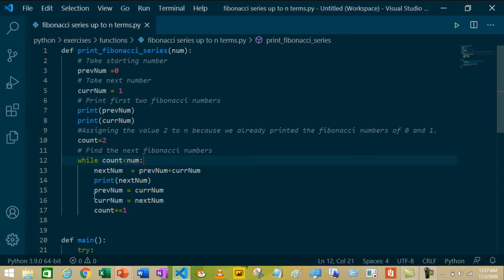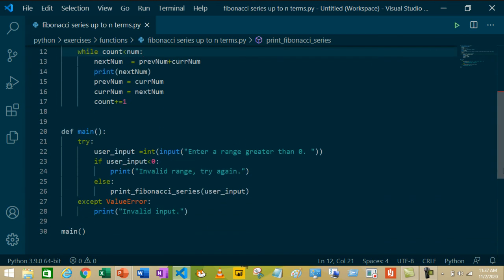So when the condition is false, it will break out of the while loop. Okay, as we know that functions don't execute on their own, we are calling the print Fibonacci series function here in the main function. Okay, so let's see our code in action.